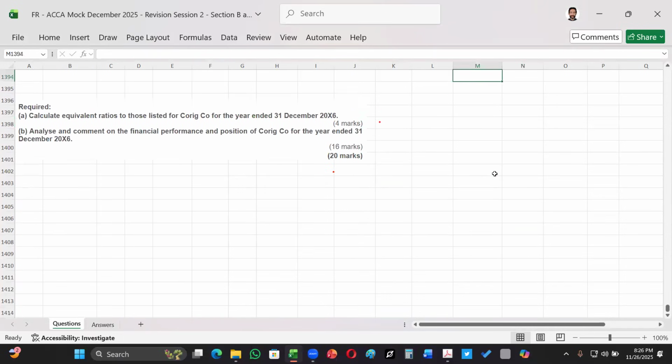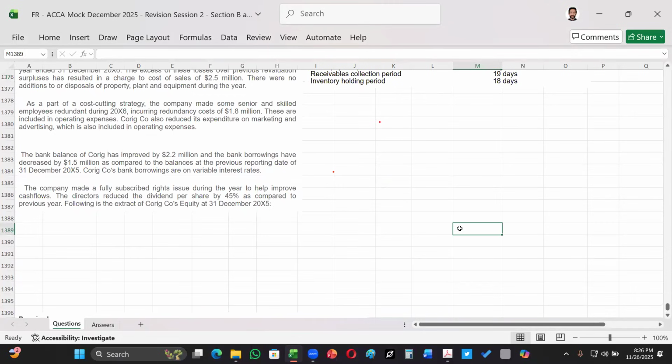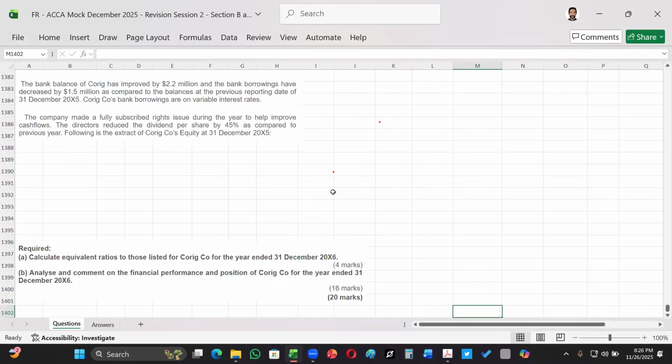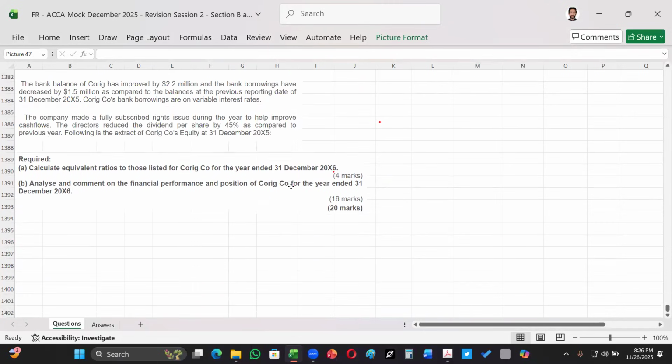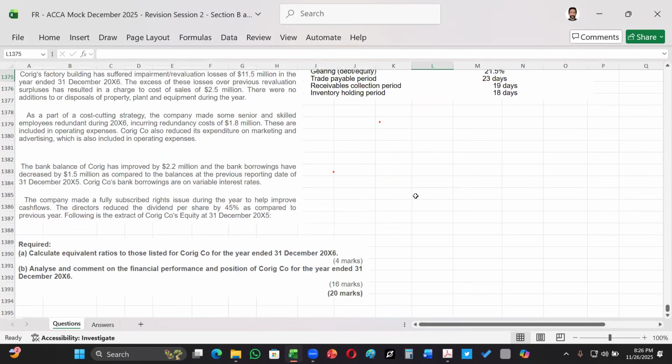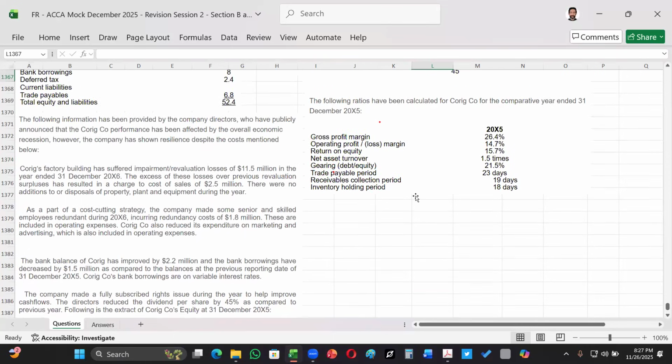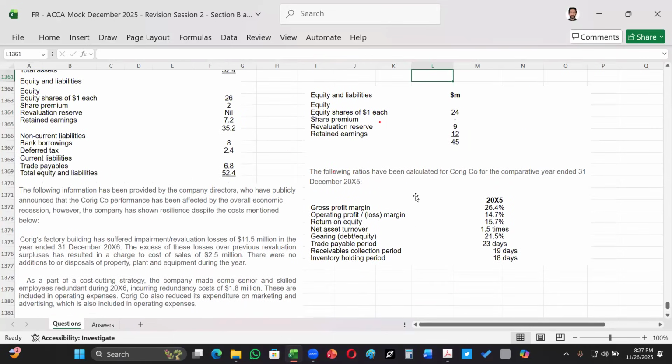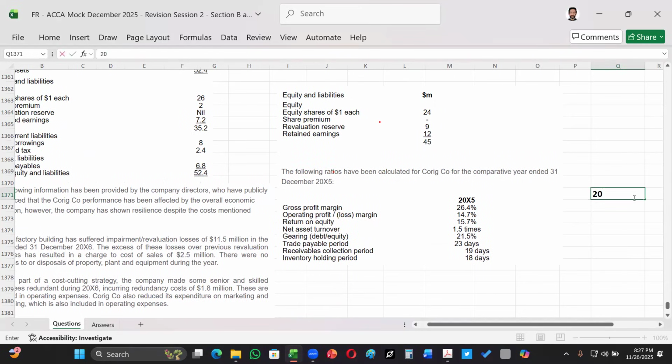Now we are ready to calculate the ratios, because we have to earn the first 4 easy marks, the thing that I call number crunching. And that is easy. You just need to know the formulas and you can just quickly calculate. Those ratios are already provided to us for the year 20x5. So now we have to find out the ratios for 20x6. So we'll just write down the ratios in front.